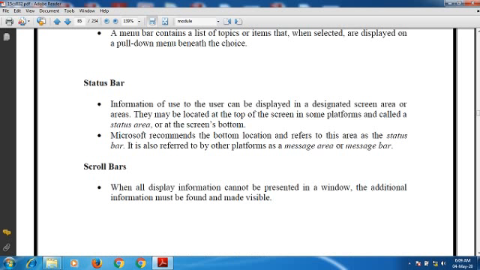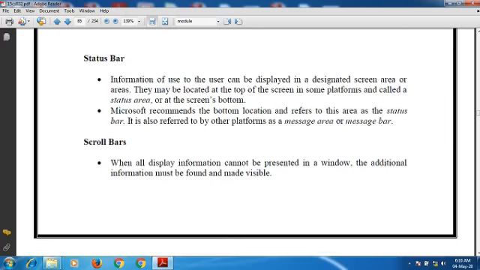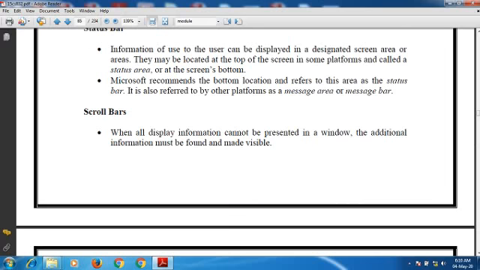When all display information cannot be presented in a window, the additional information must be found and made visible. This is accomplished by scrolling the display content through the use of a scroll bar.